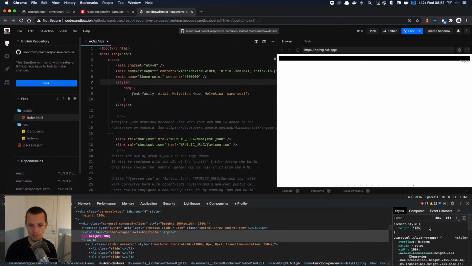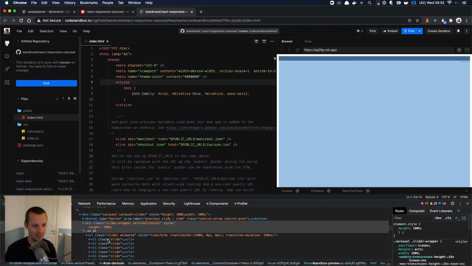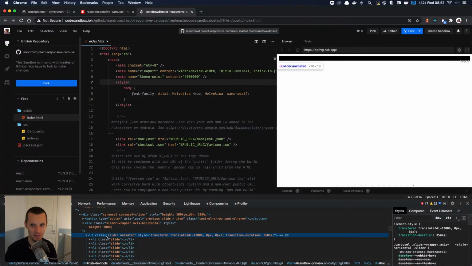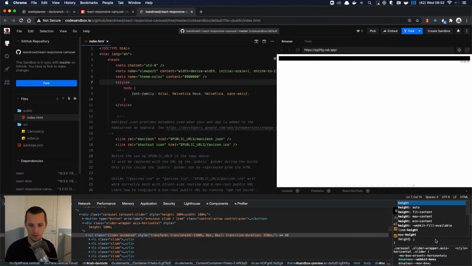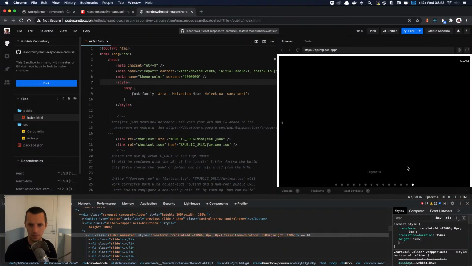They certainly have some issues with height there. There we go. Yeah, I wonder why the CSS is broken here. That's interesting.